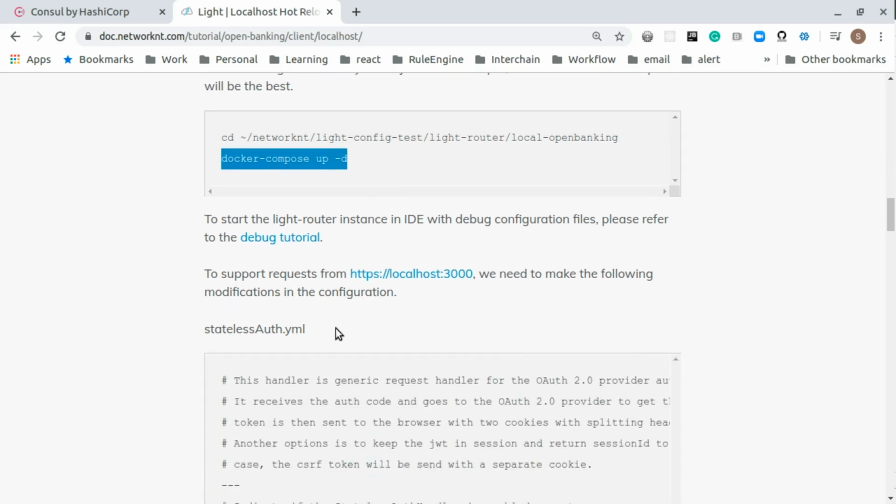But in most cases, when you are working on the UI application, you might need to debug into the light router, especially that stateless auth handler, because it's tightly integrated with the UI code. However, if you are just a UI developer, you don't need to worry about anything on the backend. You can just start with Docker. But if you want to start this